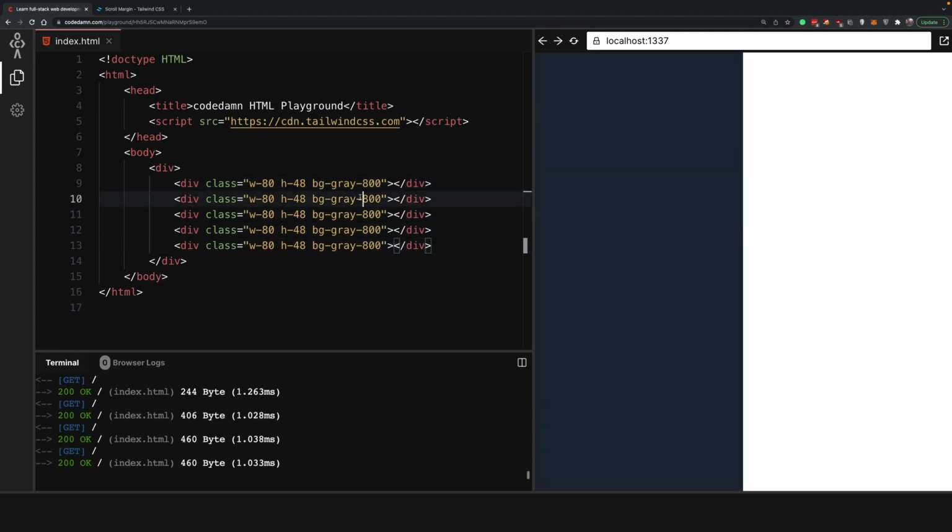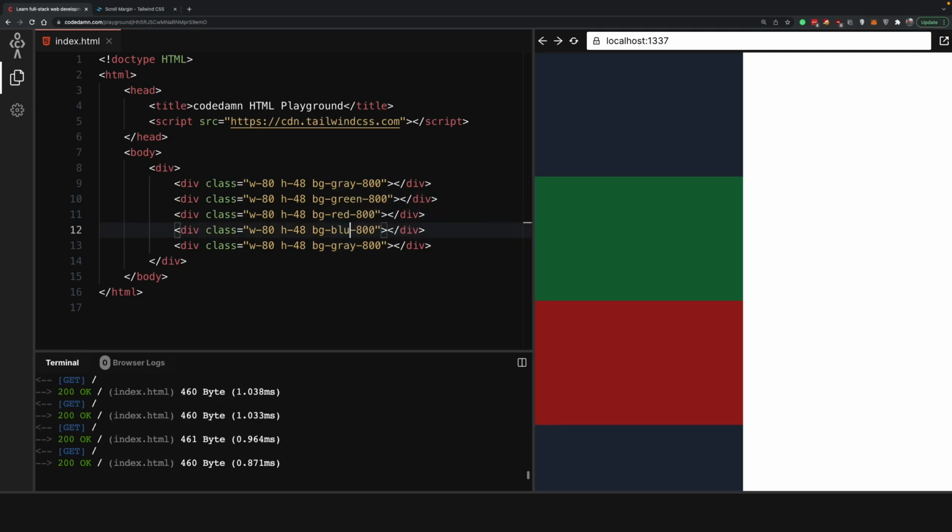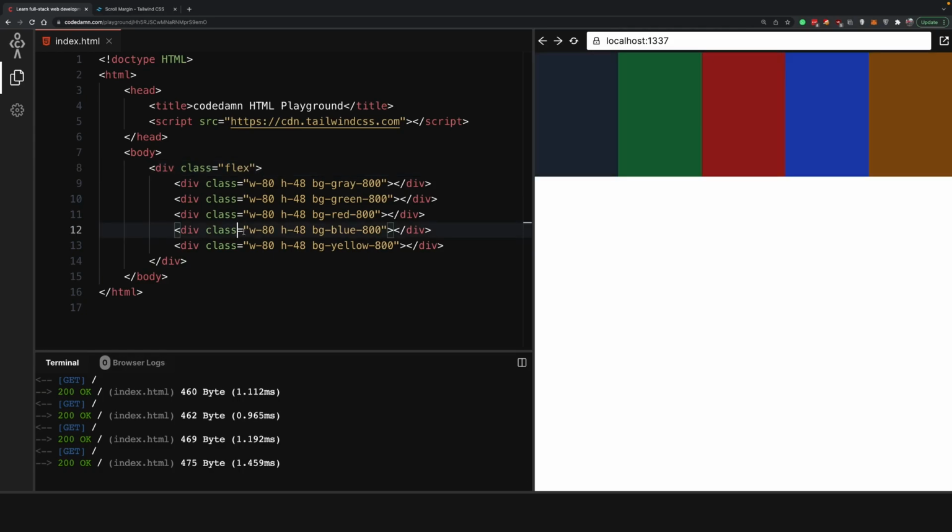We're gonna do a bunch of divs with different colors: green, red, blue, yellow. Right, and I'm gonna give this upper div a class of flex. So what this means is that this is now a flexbox, and you can see that obviously it does not follow our widths set in flexbox, right? So what I can say is something like